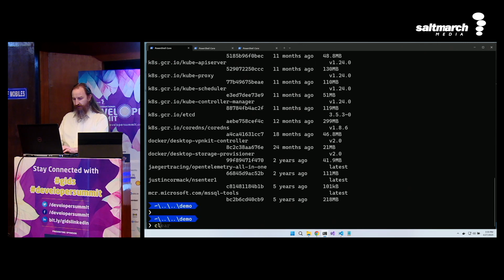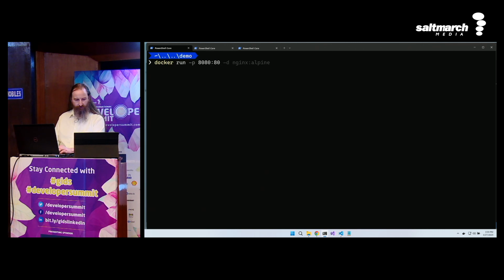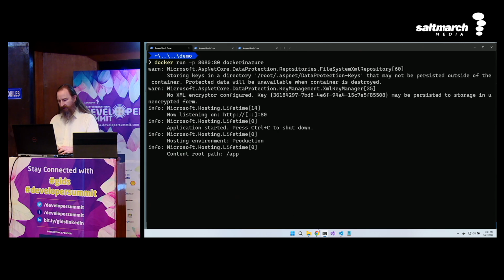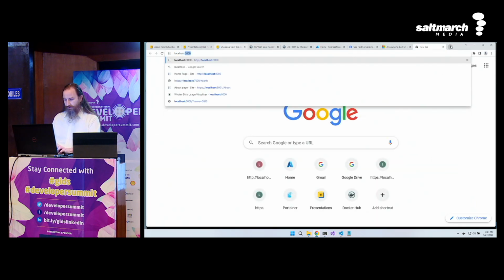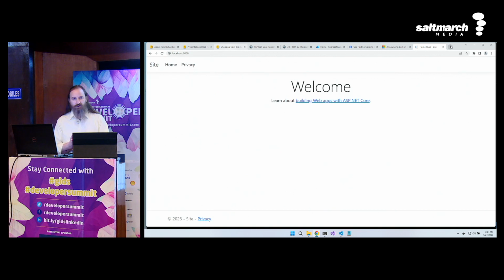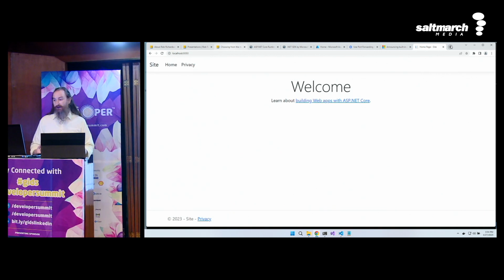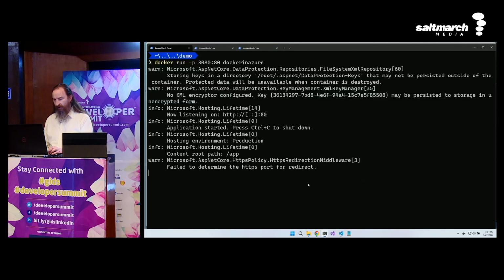Okay. So let's run it. Docker run -p. I'll map 8080 on my local machine to port 80 in the container, and I'll run Docker in Azure. Cool. Now we've got that website running, so let's head over to localhost 8080, and we've got our website running. Cool. Now what's awesome is the balance of this talk will use this container that we just built. Well, kind of. It'll use the one that I built last night.